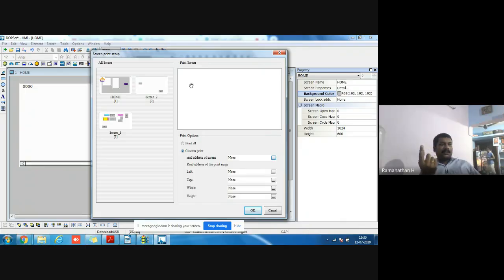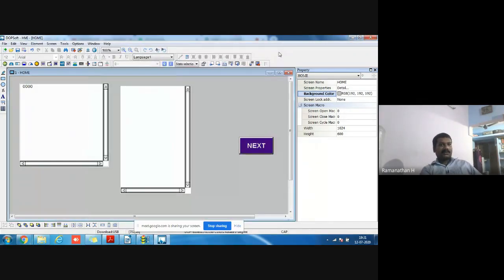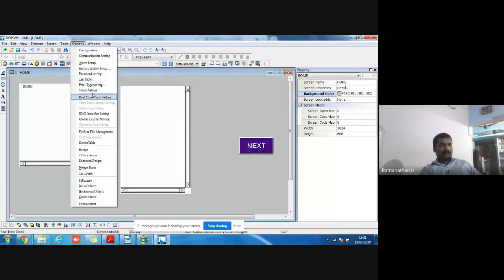If one Ethernet port is connected to the PLC, the other three ports are free. If you have any printer with serial communication, you can connect the HMI directly to the printer, take the logging data, the alarm logging data and audit information, and print it directly. These printer setups are also available.